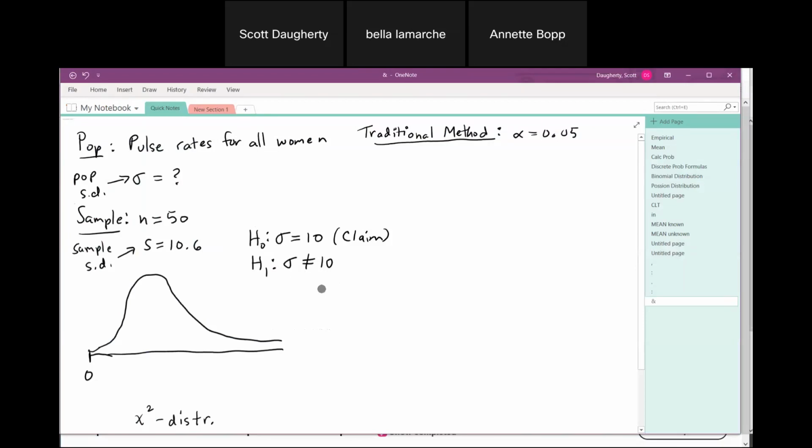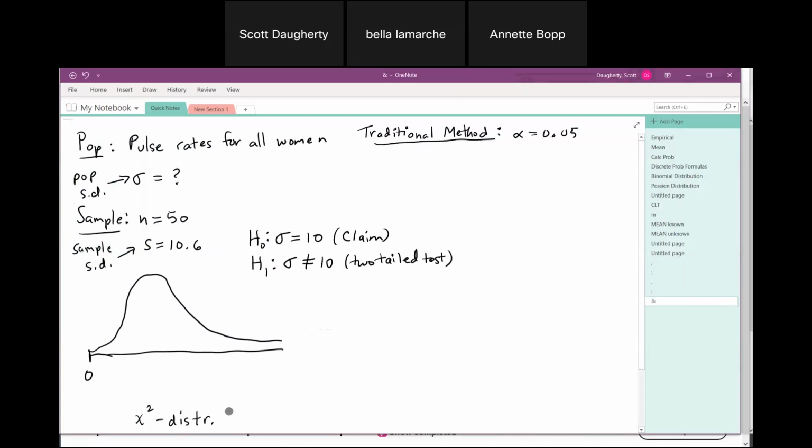And what happens in this case is, when the alternative was greater than, then you'd have a right tail, right? This would be called a right-tailed test. If the alternative hypothesis was less than 10, then you'd have a left-tailed test. Arrow points towards the tail. When it's not equal to, you have a two-tailed test. So this is a two-tailed test because the alternative is not equal to. And on top of that,